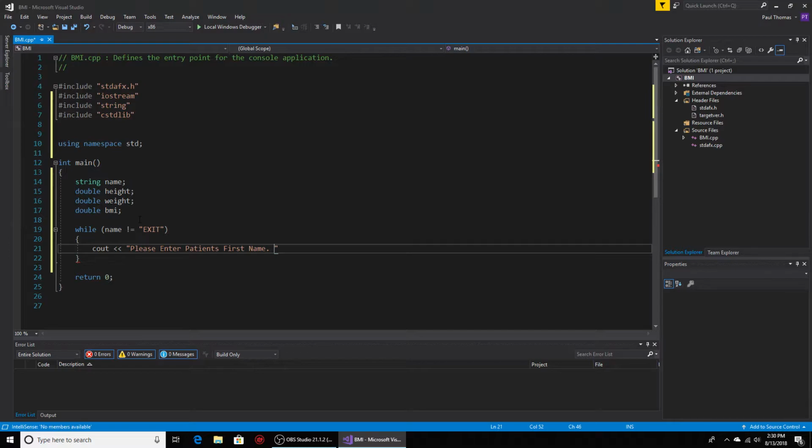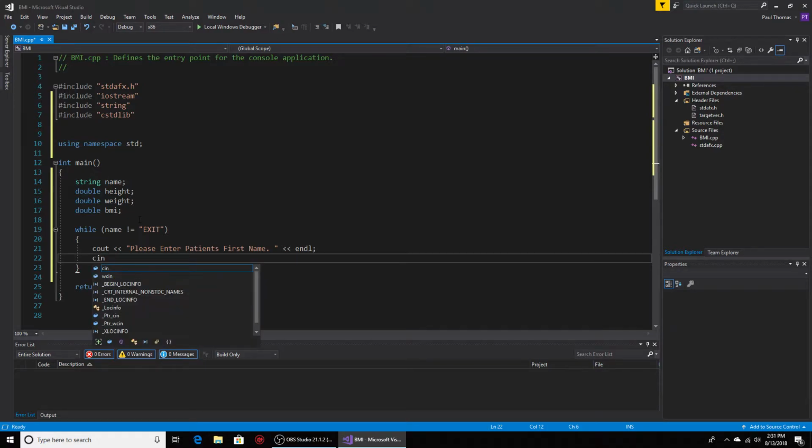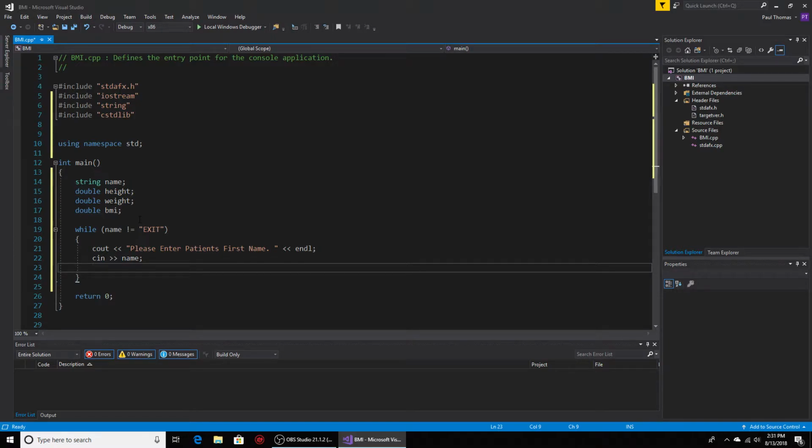Alright, and then we need to add some inlines in here as normal. So now we can do cin name. Now the user is going to be able to enter in the patient's name. Next we need another cout, please